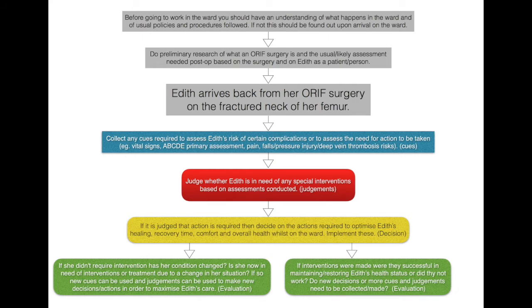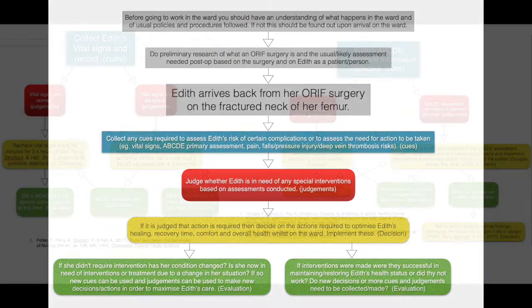When she arrives back to the ward, you need to collect any cues. Then you need to make judgments from these cues of what care she needs. You then need to form decisions and make actions about what you're going to do. And then you need to evaluate if these actions and decisions have worked or if you have to change your thinking to provide better care for Edith. The cues, judgments, decisions, actions, and evaluations will be analyzed further and more specifically to Edith's case in the later